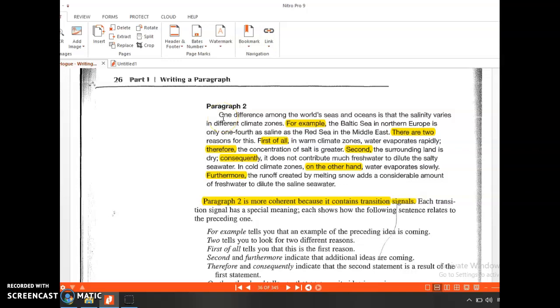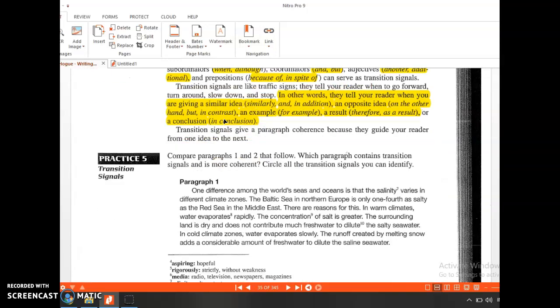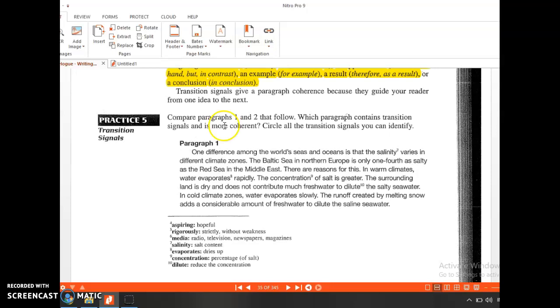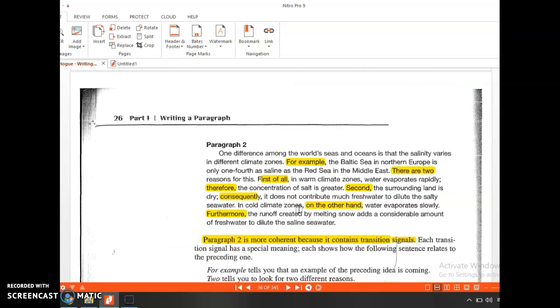Now, this is the example. From paragraph 1 and paragraph 2, please compare. See one difference among the two. It's all just sentences without any transition signals. Look at paragraph 2. The writer added, for example, two. First of all, therefore, oleh karena itu in Indonesian. Second, consequently, oleh sebab itu atau akibatnya. On the other hand, di sisi lain, furthermore, selain itu. So, even though there is a combination of sentences